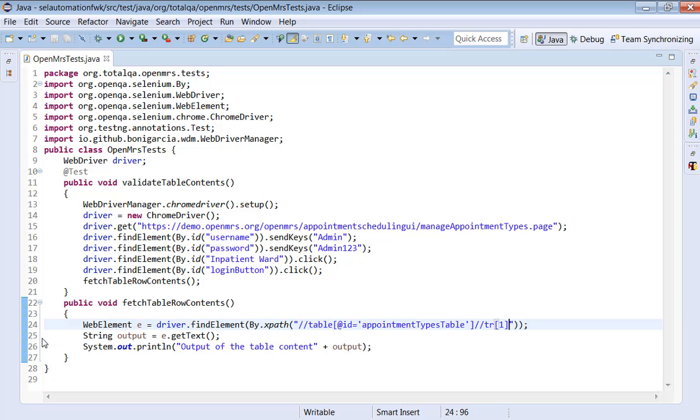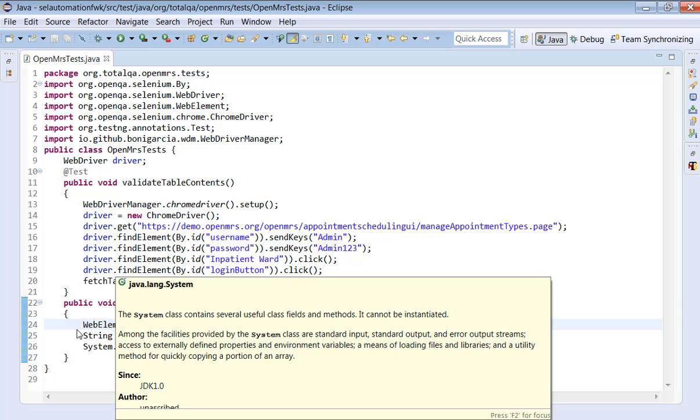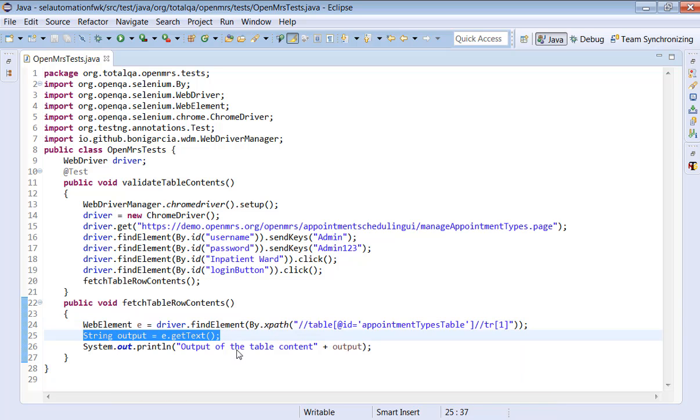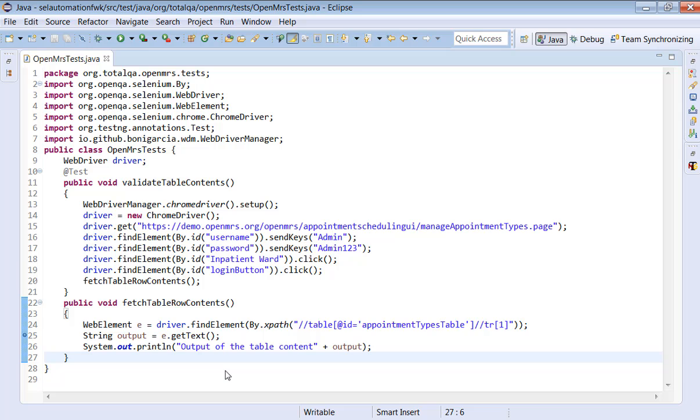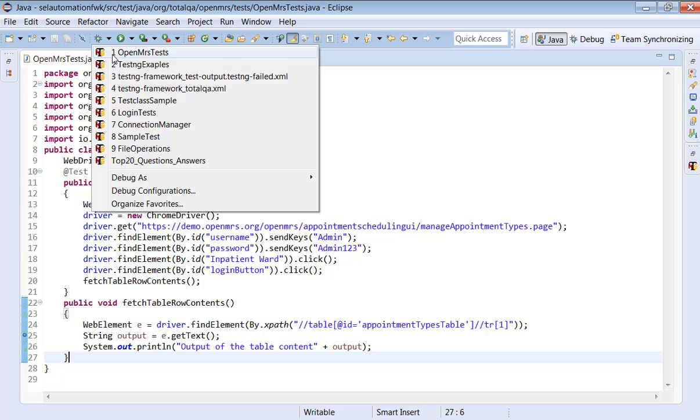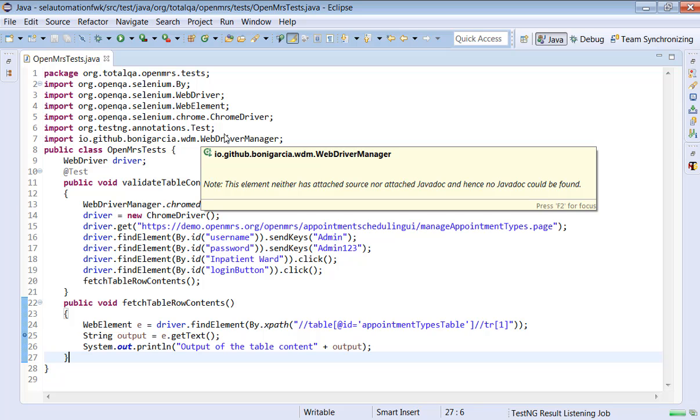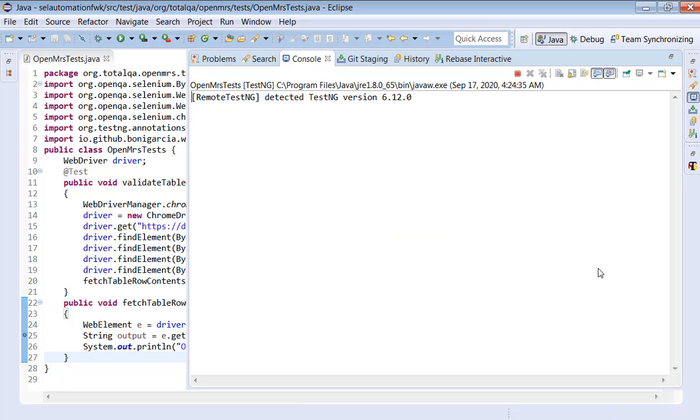Now, how are we going to debug the code? If you want to debug the code, I am going to put a breakpoint here. How am I going to put a breakpoint? If you want to debug the program to see what outcome I am getting, I wanted to see the outcome at line number 25. I have to right click here and click toggle breakpoint. Then I'll go to here and select the program I have executed previously. It shows the history. Click on it, open MRS test. See what will happen in this case.